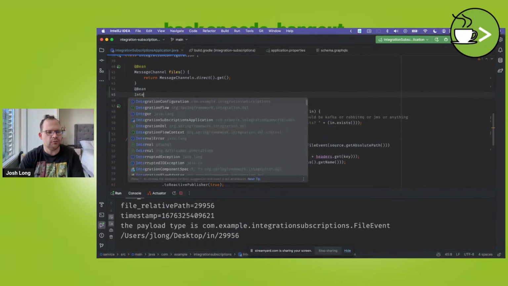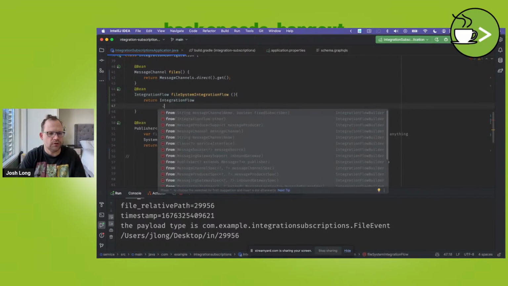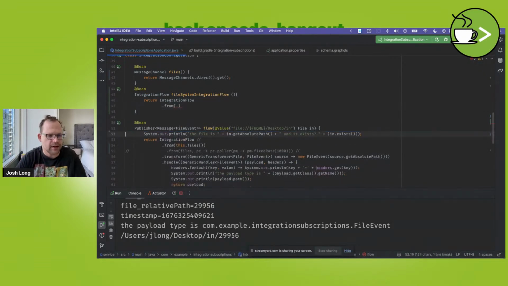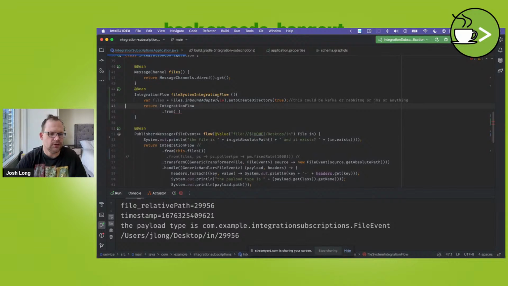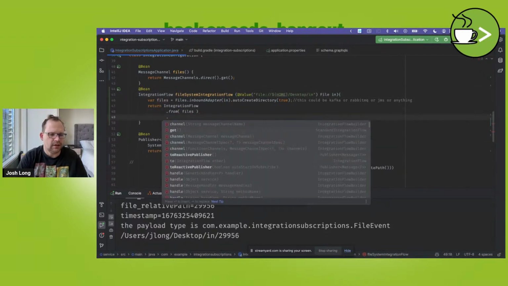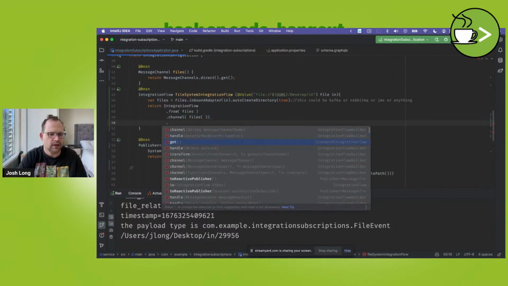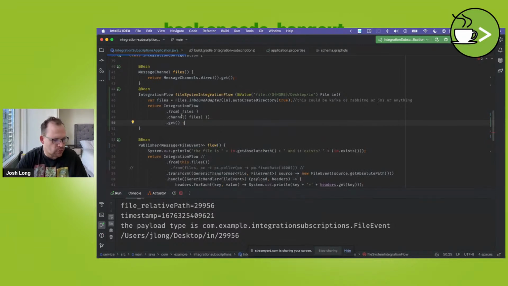and the benefit of that is I can build another Spring Integration flow. So I can say file system integration flow. Okay. And I'll say return integration flow dot from, and here I'll have the file inbound adapter. Okay, and the file is right here, and I'll say files, and then there I'll send it off to files, the channel that we got there. Okay, so dot get. Good. So I've now decoupled one thing from the other,